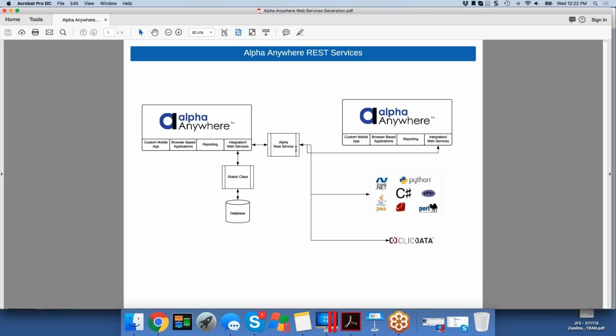Now, the beauty of that is once you've published your REST API, someone else who's using Alpha Anywhere could call that and access your data securely through this process. But also, you could use other tools. So if you're working with a client who already has an existing, say, PHP system, and they want to connect to your Alpha Anywhere system and grab some data or things along those lines, any system that